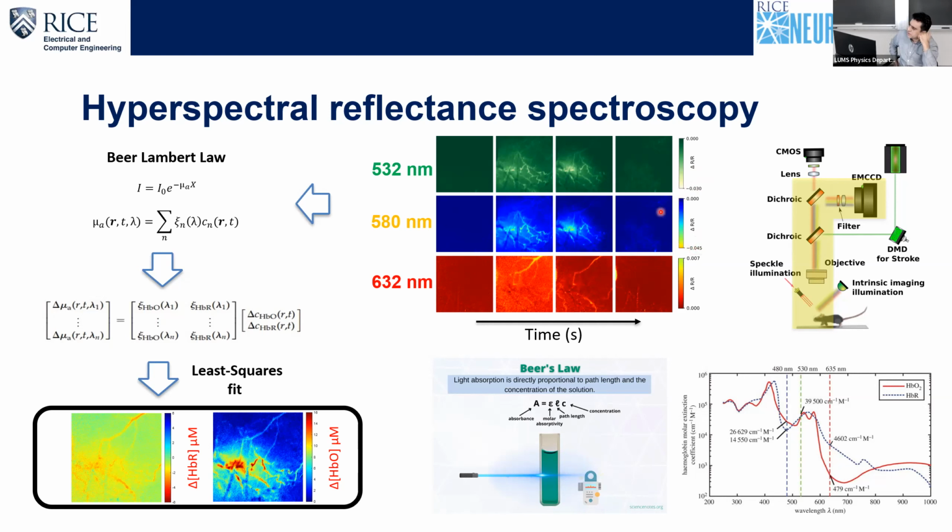So that's the amount of reflectance that would change at different wavelengths. It would be different. For example, notice that at the 632 nanometer, you always see a positive change in reflectance, but at the other wavelengths, you actually see a negative change in reflectance. From these changes in reflectance, using least square fitting, we can actually find the concentration of the hemoglobin,